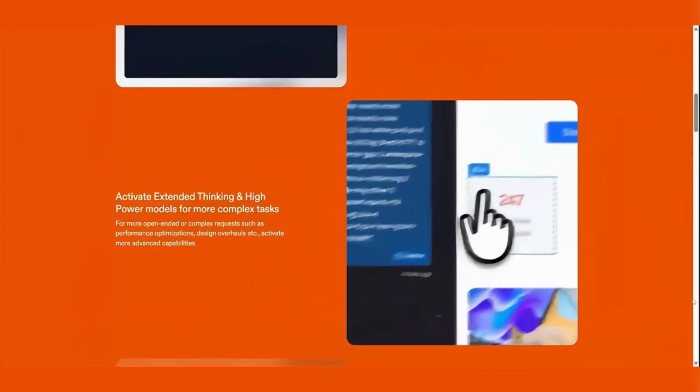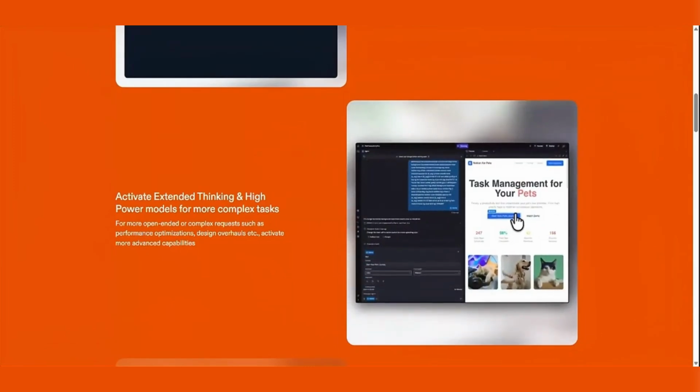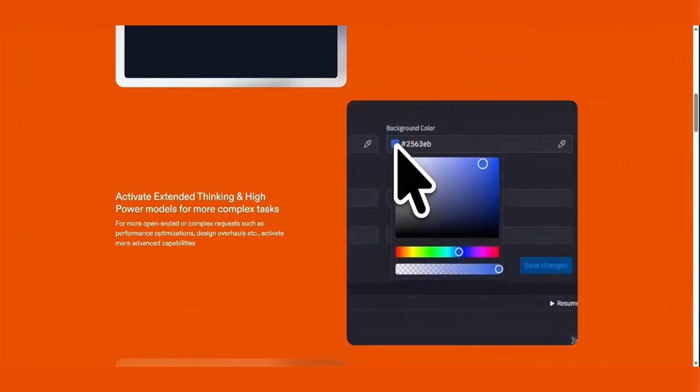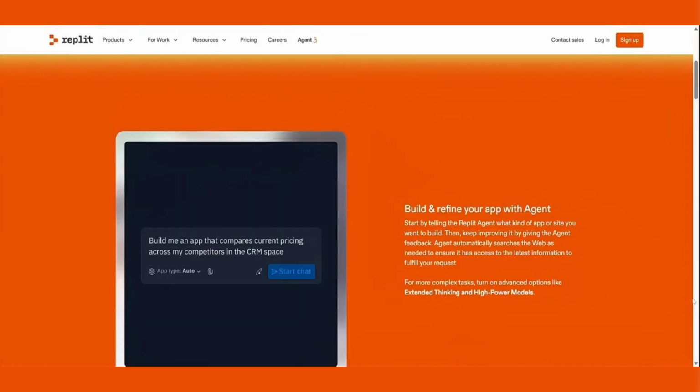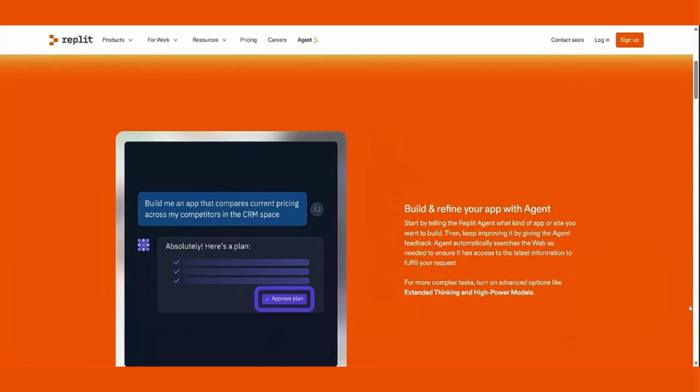You can talk to an AI that writes code, fixes errors, and even builds full apps for you. The Replit agent is like having your own AI coding partner. It helps you write code, understand errors, and finish projects without switching between tools. You do not need to copy code from the internet or spend hours debugging because the agent helps you right